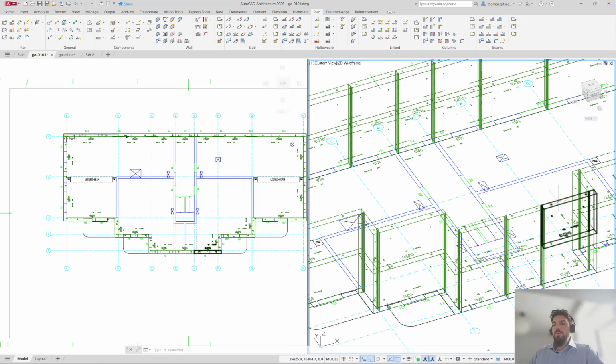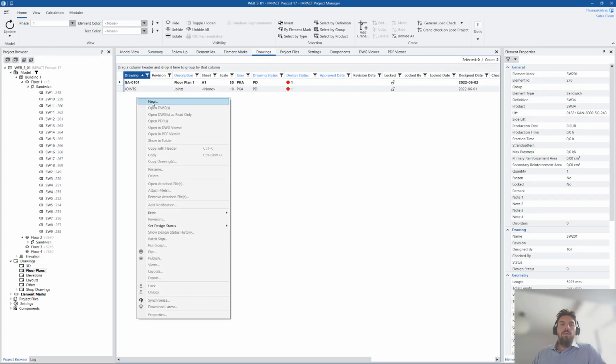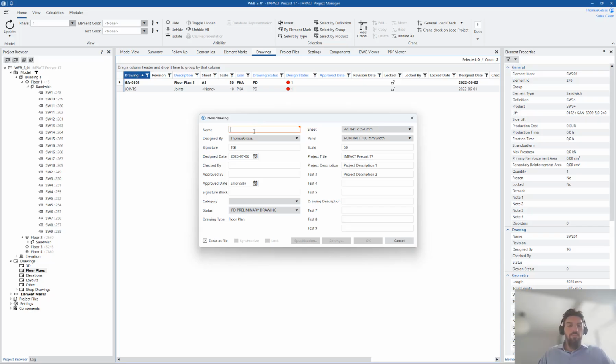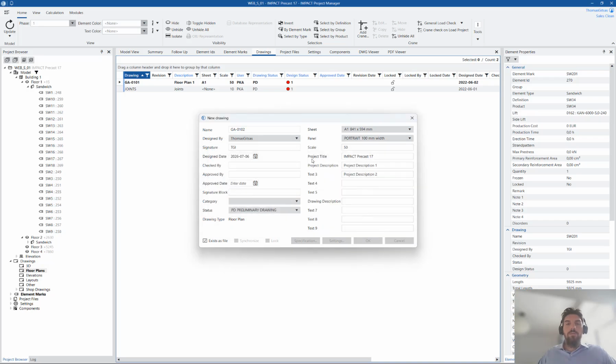Now you don't want this wall and you don't want this wall because this is going to be replaced by a wall that will be a different size or something like that. Then of course you can always delete those walls and draw your walls. How will you do that? Now this is a 3D model that includes both floors. What you can usually do is go to your floor plans again, generate your new drawing, call it GA0102, say OK,